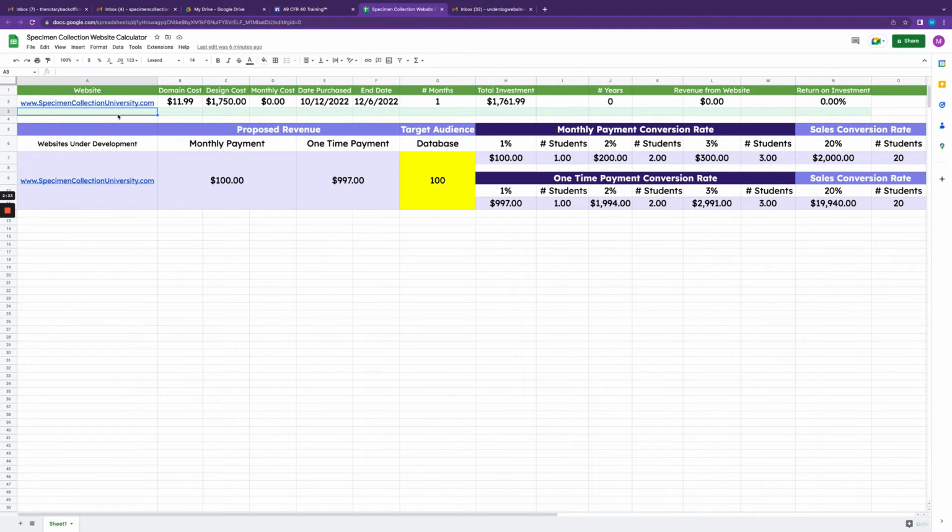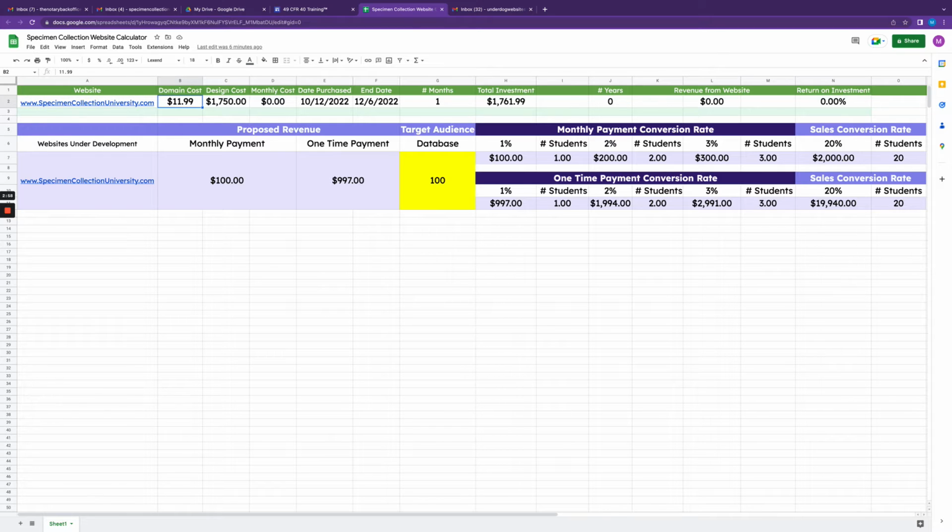Okay, up here, what I've done is I have secured a domain, Specimen Collection University. Notary Nerds University worked out well for me 2 years ago, so this January, I want to launch another university. So I went ahead and secured my domain. You will need to purchase your own domain, okay? So figure out a domain that works for you and then go ahead and go for it.